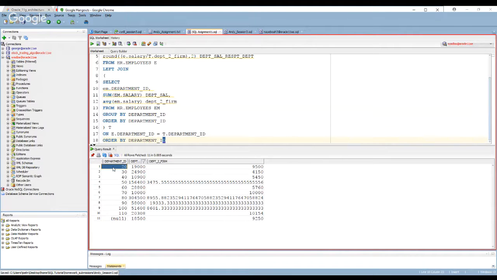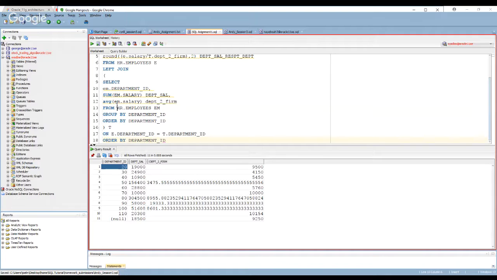So row number 1, you have department 20, and then it's followed by 19,000, which is the total salary in that department. And then next you have 9,500. That 9,500, what does that represent? The 9,500 is the department average.